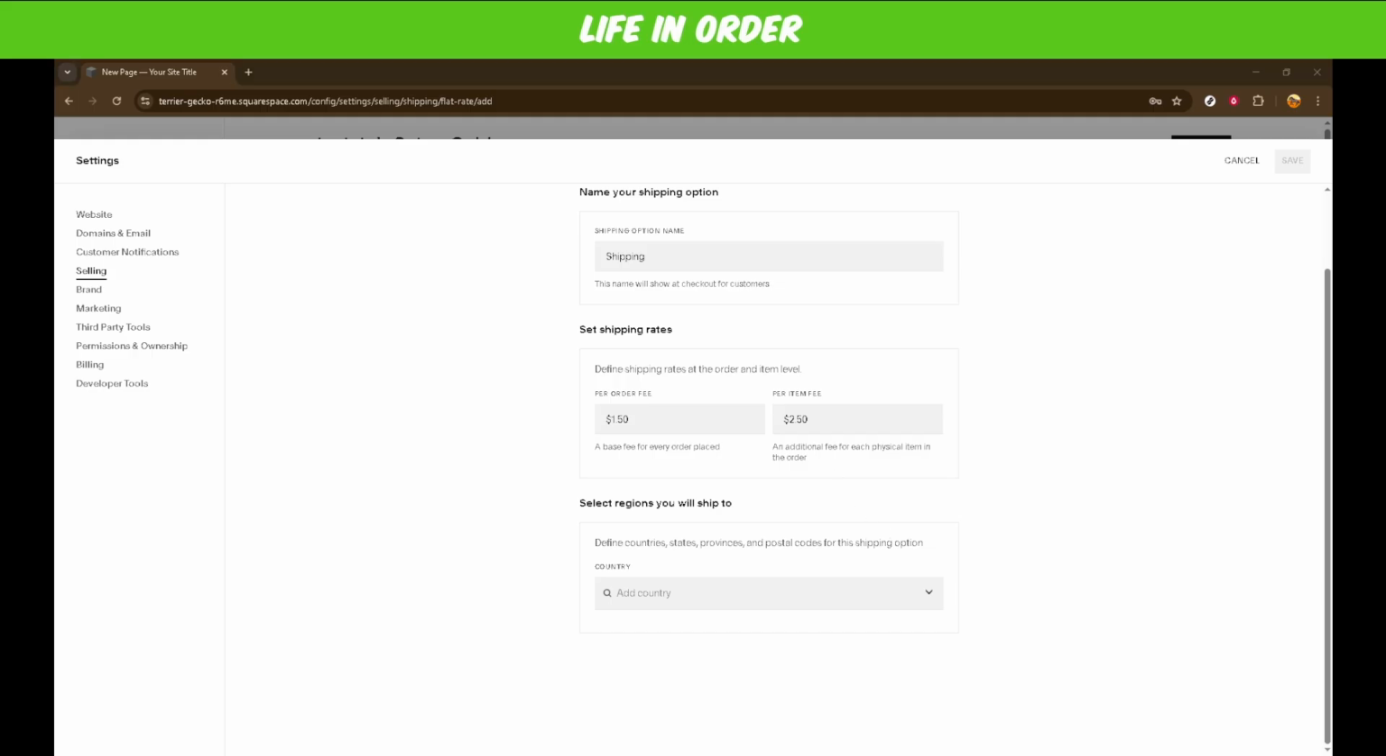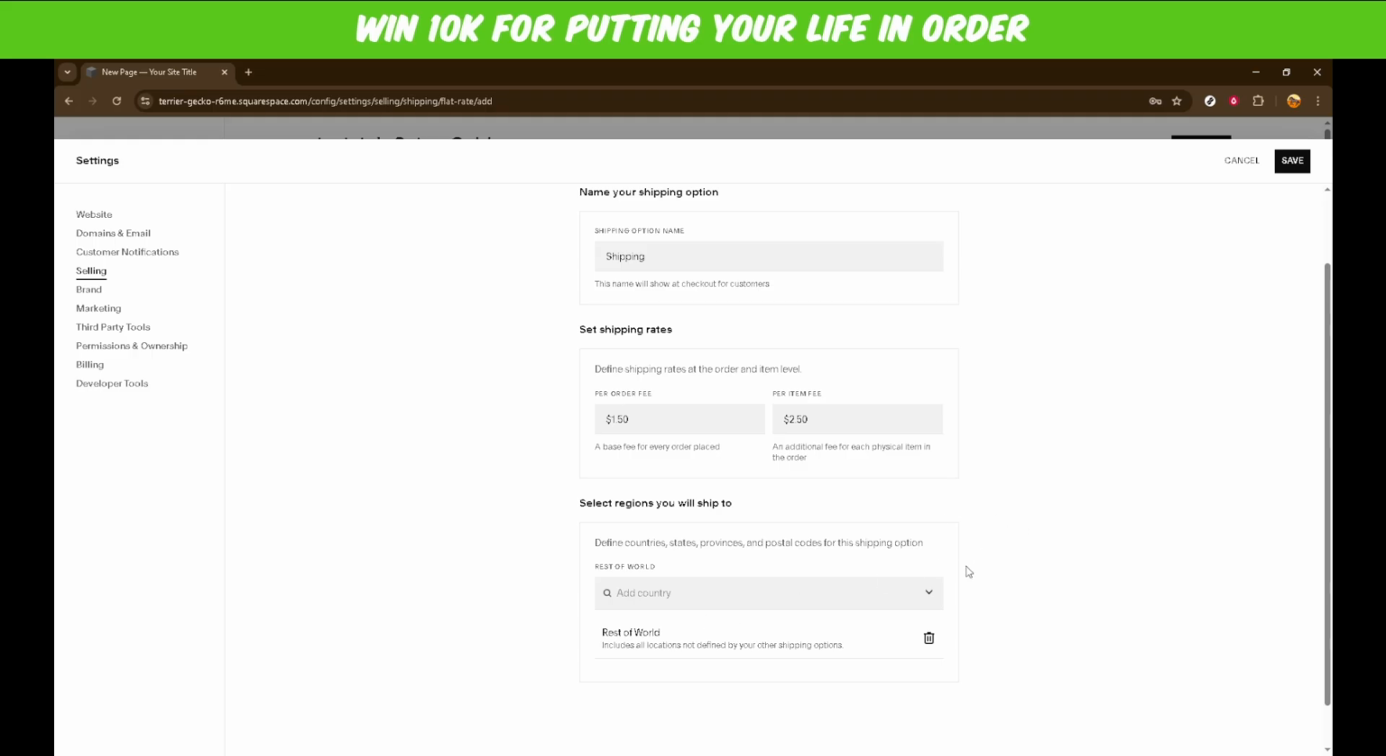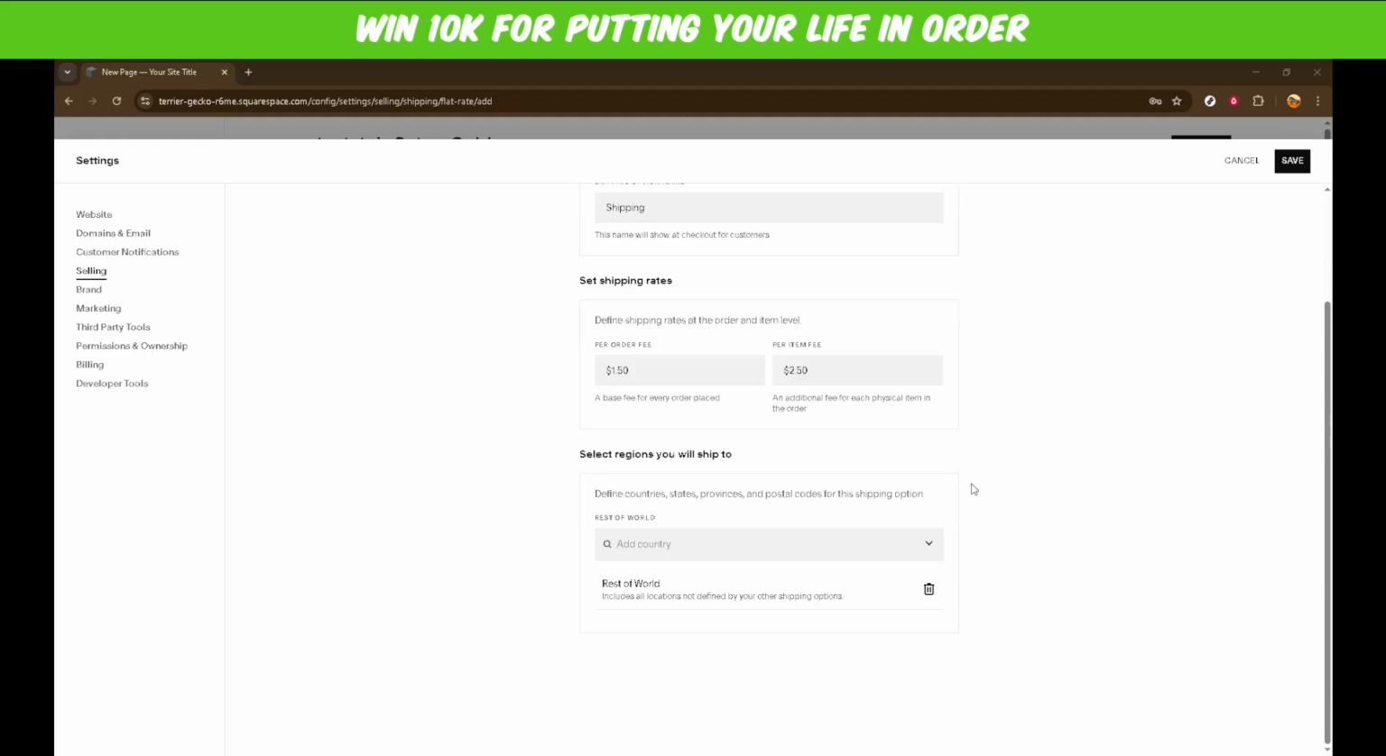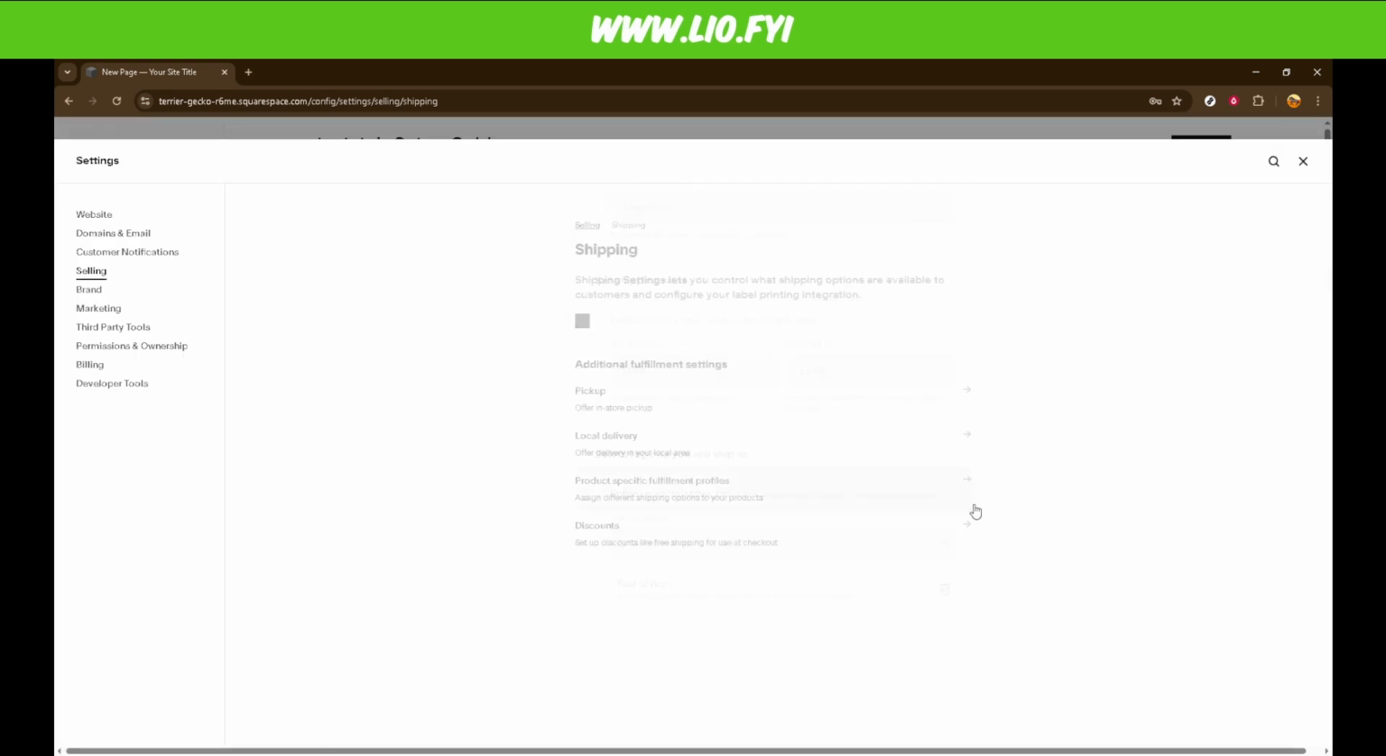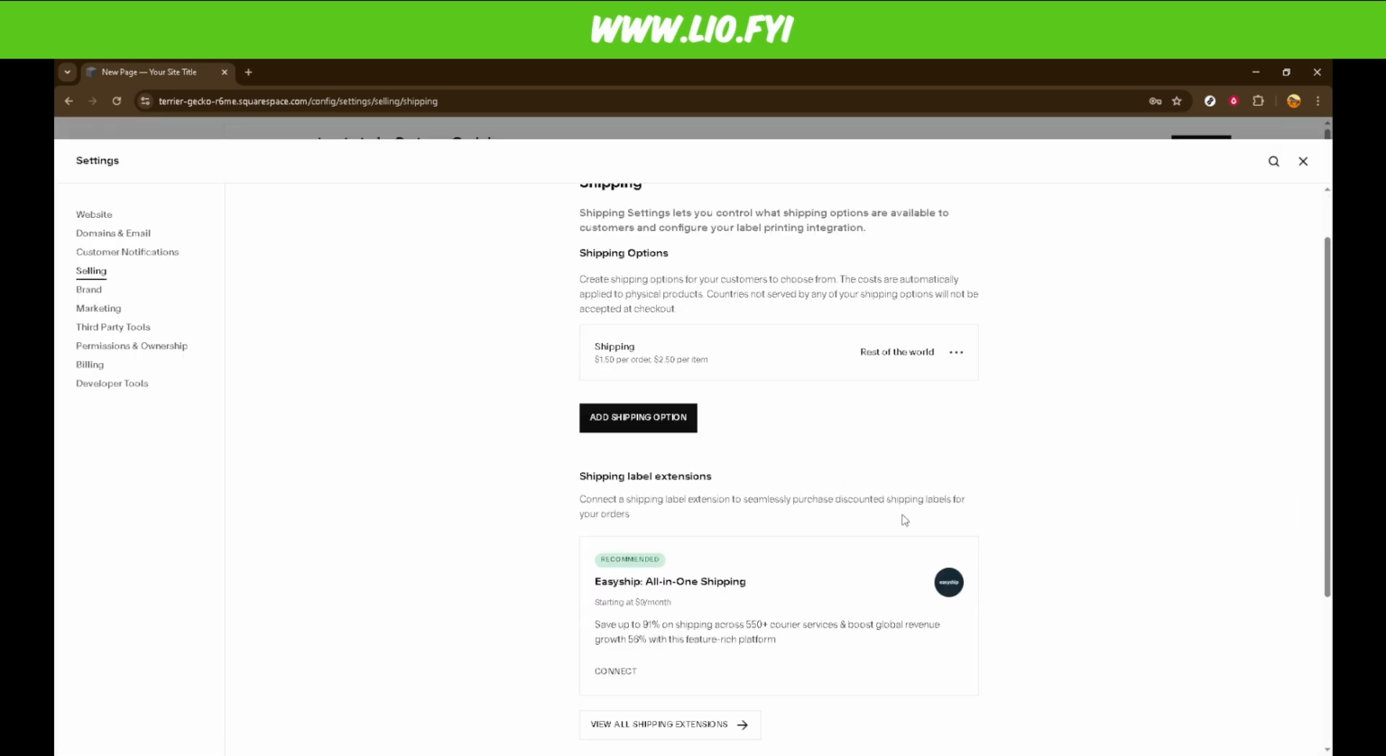You'll then need to specify the country or countries where this shipping option will be available. Selecting one or multiple countries will determine the reach of your shipping terms, allowing you to cater to certain markets or geographic areas. Finally, once you've filled out all the necessary fields, make sure to click on Save. This action ensures that your efforts to set up and customize the shipping option are locked in and ready for